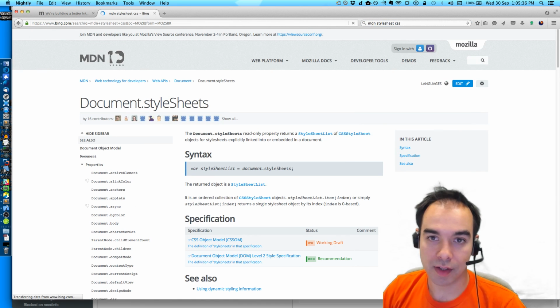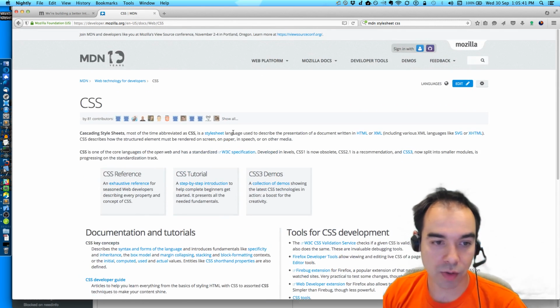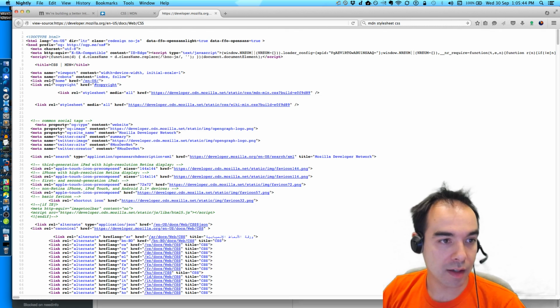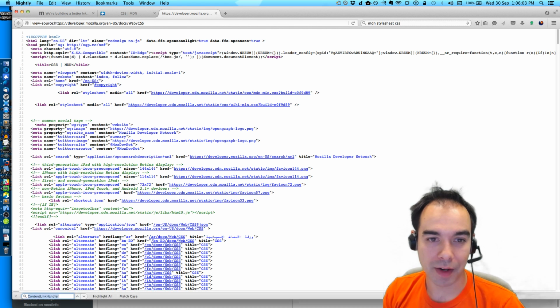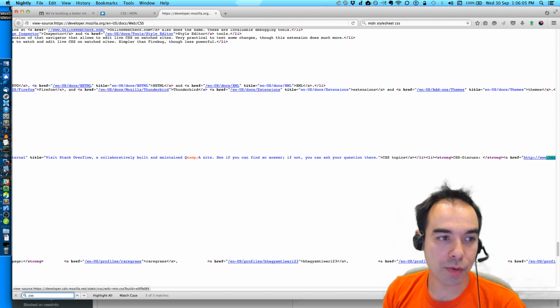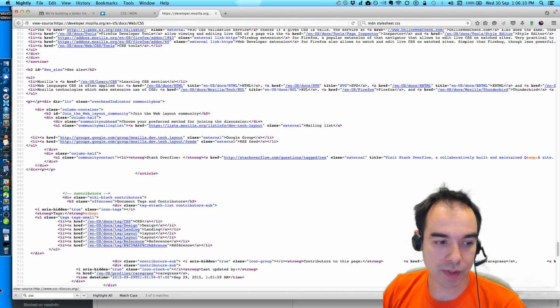Style sheet CSS. Just want to show you an example. Well, I could just show you the source of this page. If we look for a style sheet here, boom, it's right here. Link rel style sheet, and then it has a link to a CSS document. Or a CSS sheet? Is a CSS file a document or a sheet? I think it's a sheet. I don't know if it matters. But yeah, that's how you add CSS, is you use those link elements.